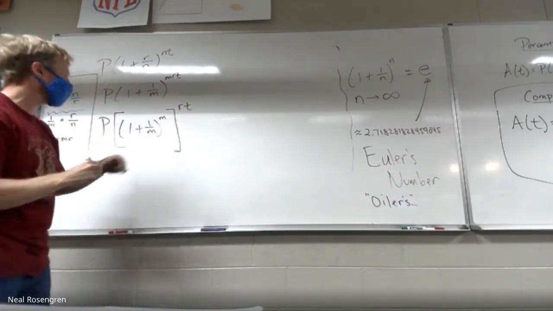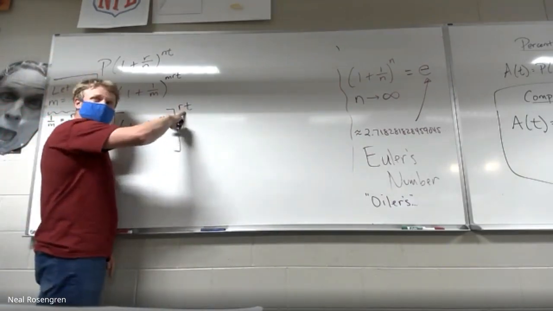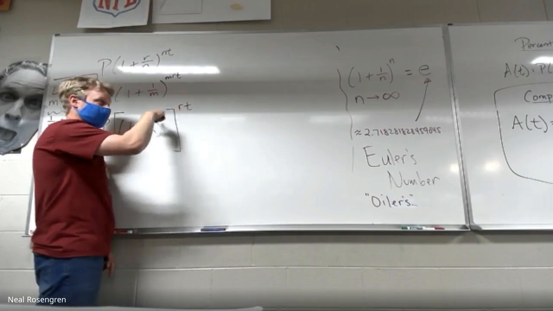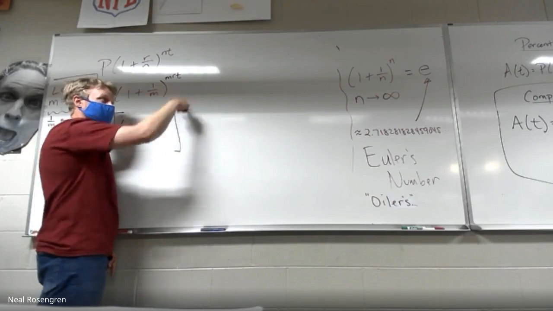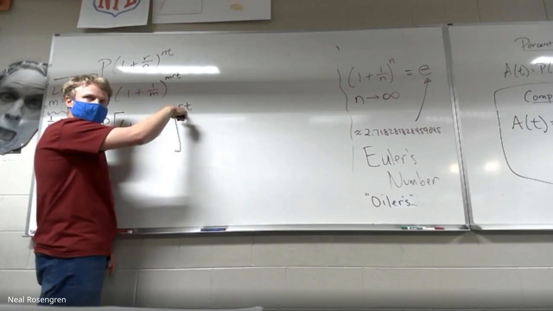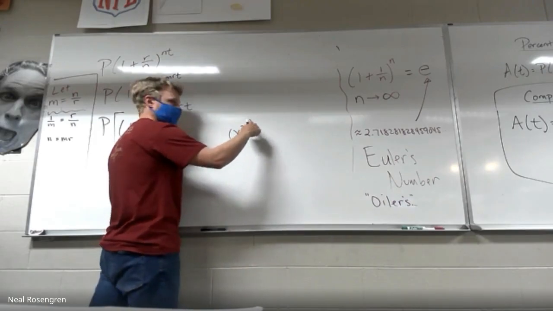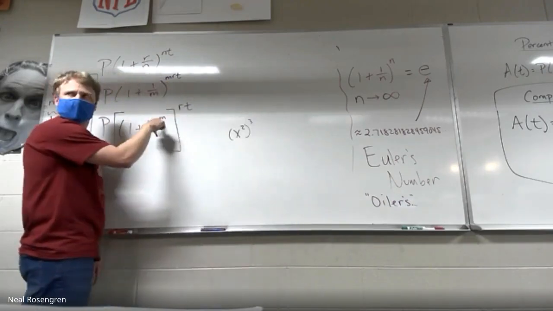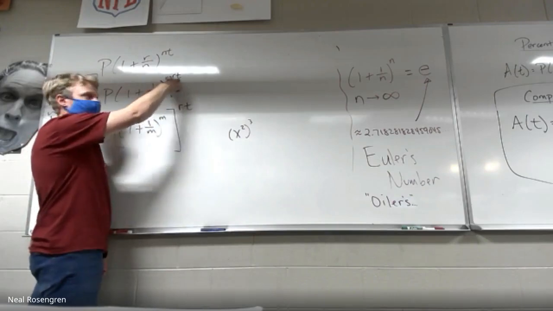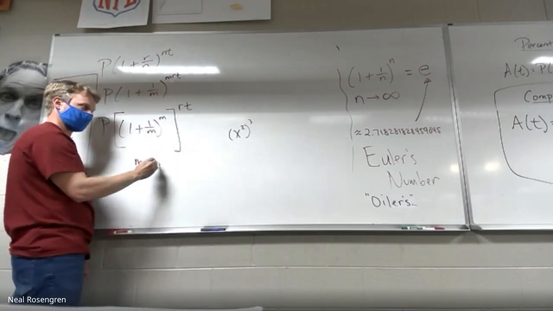What's the shortcut with exponents? When you raise a power to a higher power, what do we do with all this? Property of exponents. An exponent raised to a higher exponent, like x squared to the third. What do you do with those numbers? Multiply. So m times r times t, right? M times r times t. So aren't these the same? Okay, now let this happen.